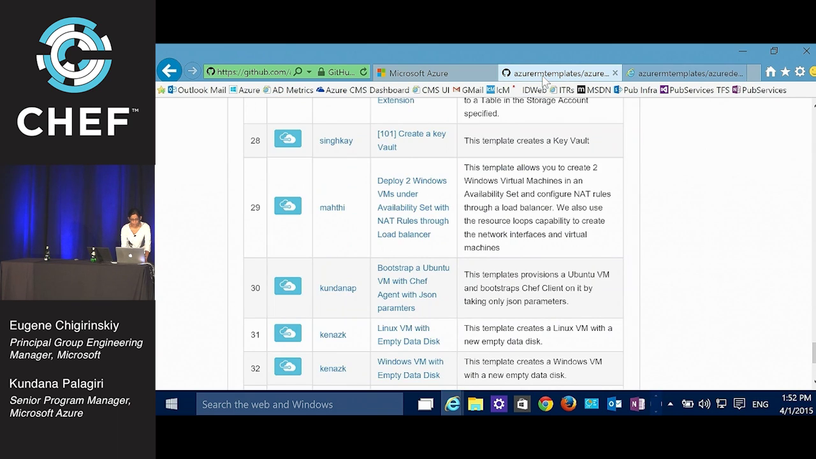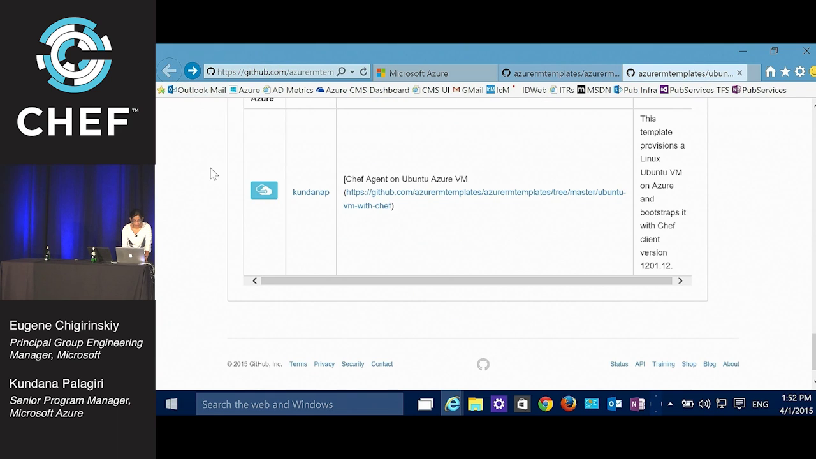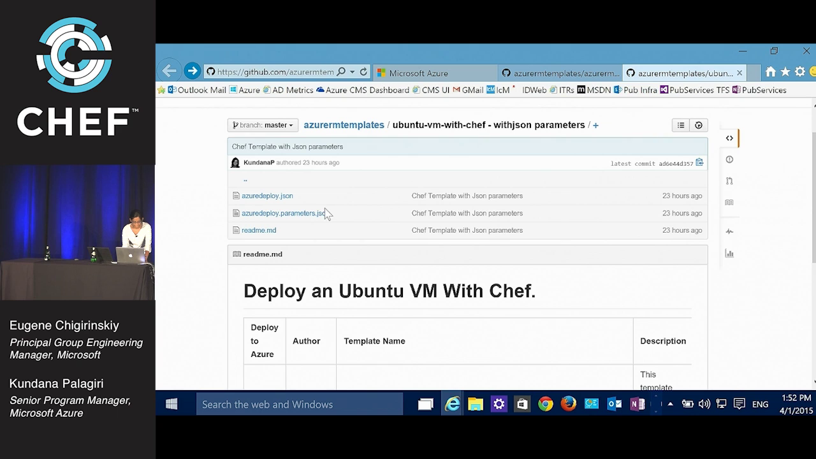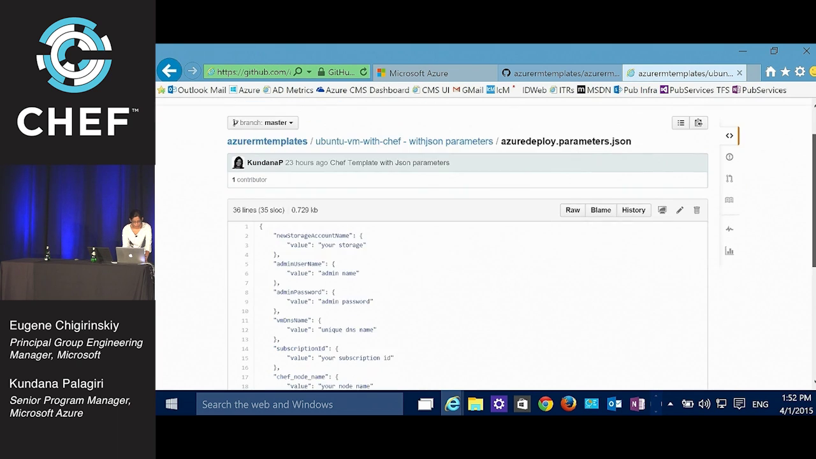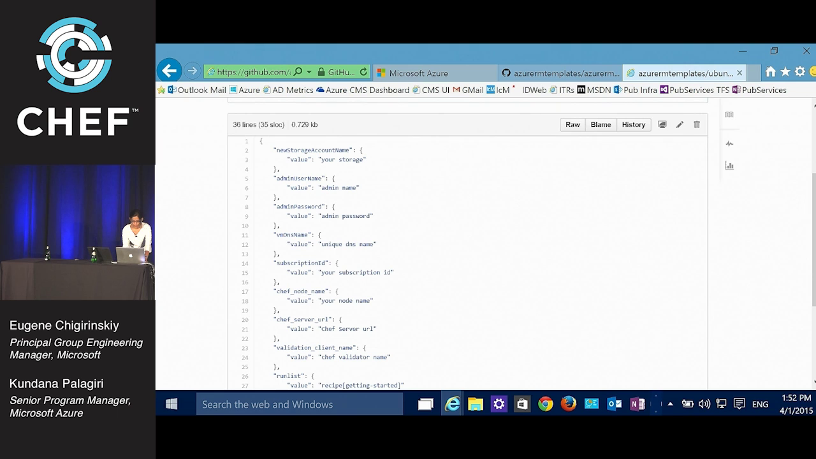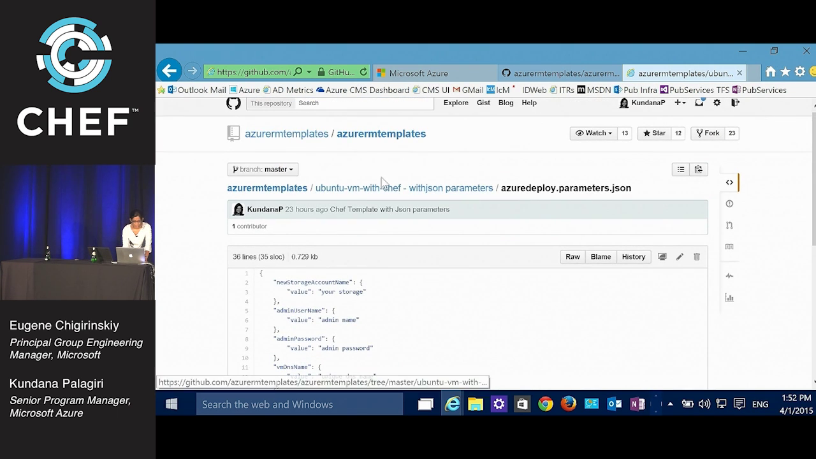You have one template, and then there are the parameters for the template. So here is where anybody who's running a template can customize it for themselves. They can put their own Chef server URL values, etc. So once I have this template,